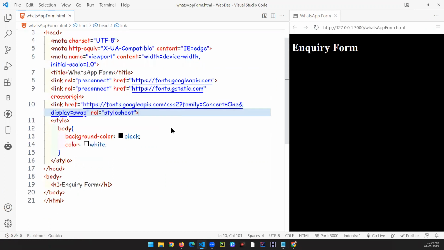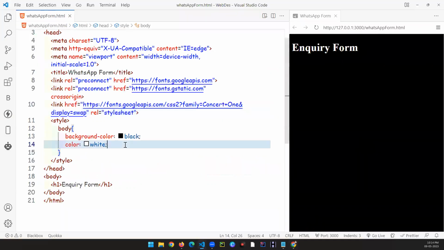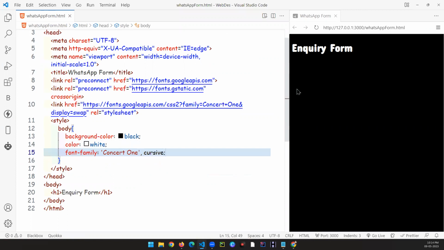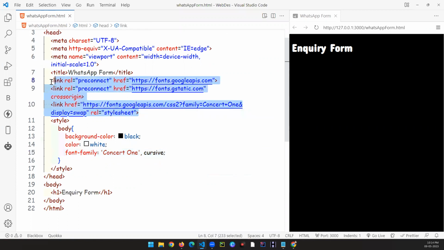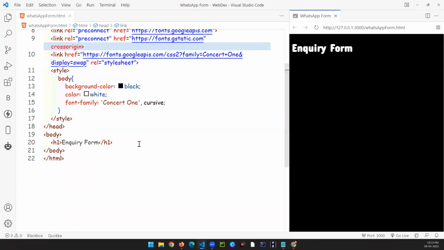And now what I want to do, I want to have this font family in my body. You can see over here, by default, we are getting Concert One cursive font. Okay, that's it. So I just wanted to show this also to all of you. That is why I have implemented it over here. Okay, so these fonts are provided by Google, so we can use them at any time, and they will be available at no cost, and we will display our data in that particular font. Okay, now let's start with